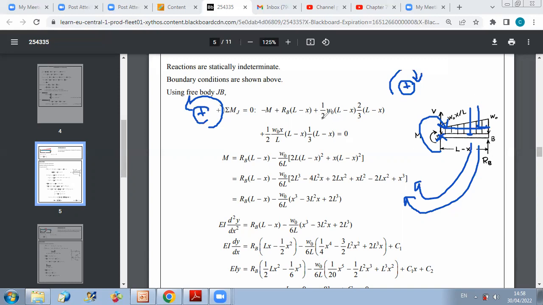And if I consider the counterclockwise direction as positive, the three of them will be considered negative. So here, I think they made a small sign error because you have minus M, and here it should be minus and minus, because if you consider the counterclockwise direction as positive, the three moments created here will be negative, and the only one that is positive is the moment of RB, because RB is producing a counterclockwise moment about this end. So you do plus RB: minus M, plus RB times L minus x, minus